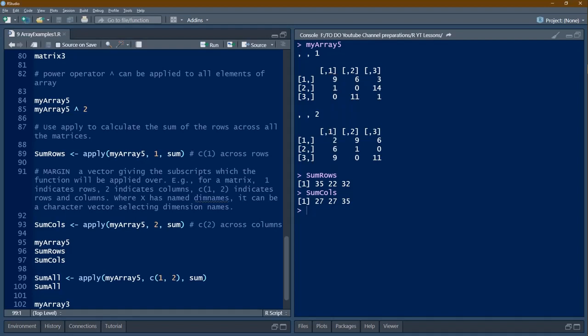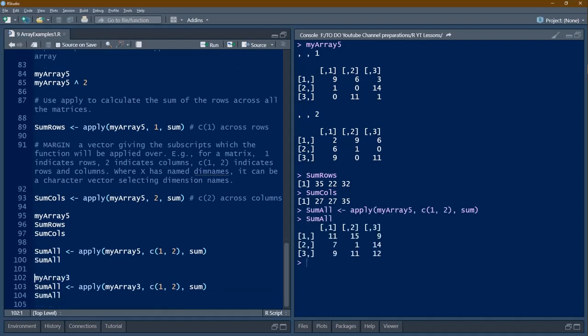So here the apply function helps us to apply a particular function across rows or across columns. We will see if we apply across both rows and columns. So we will have a sumAll variable, and we will execute this statement sumAll. Here sumAll is happening in this manner. There are two matrices here in this array.